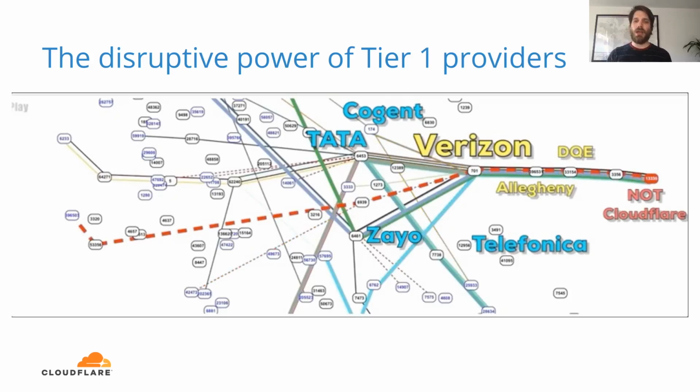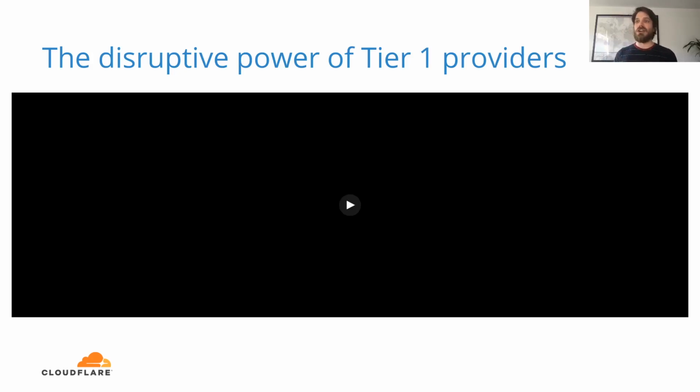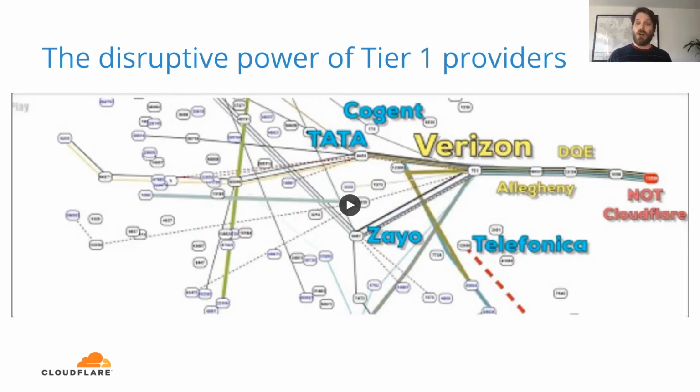But also note that where we've added not Cloudflare, even though it's our AS number, AS13335, it's most definitely not us. We don't connect to the internet through that chain of AS numbers. So the route all of these networks are suddenly seeing and taking to reach Cloudflare isn't actually going to Cloudflare.